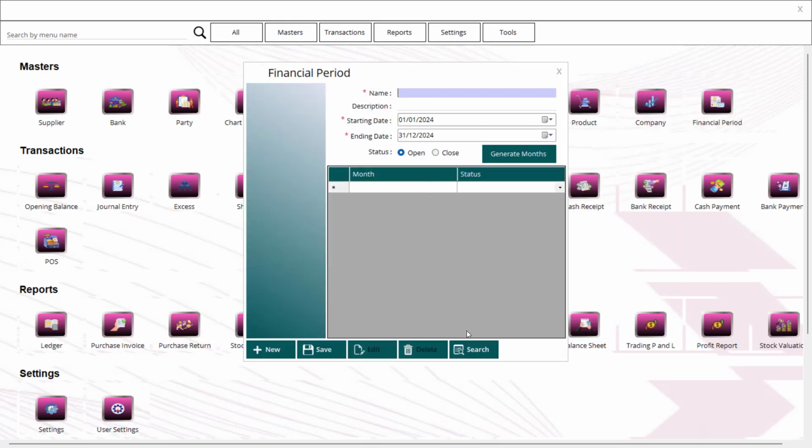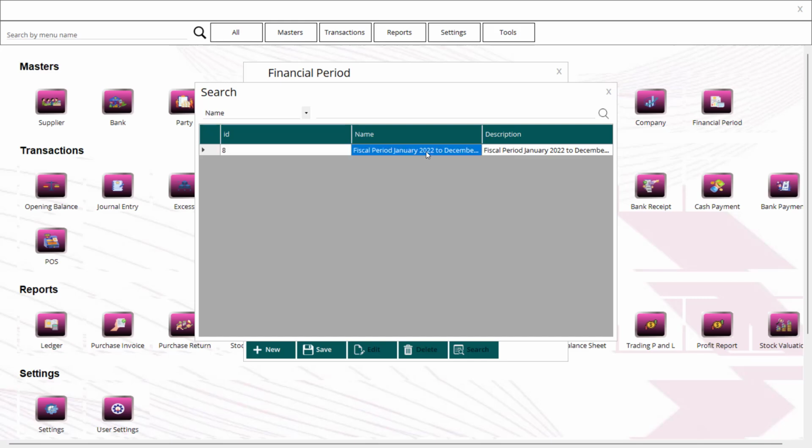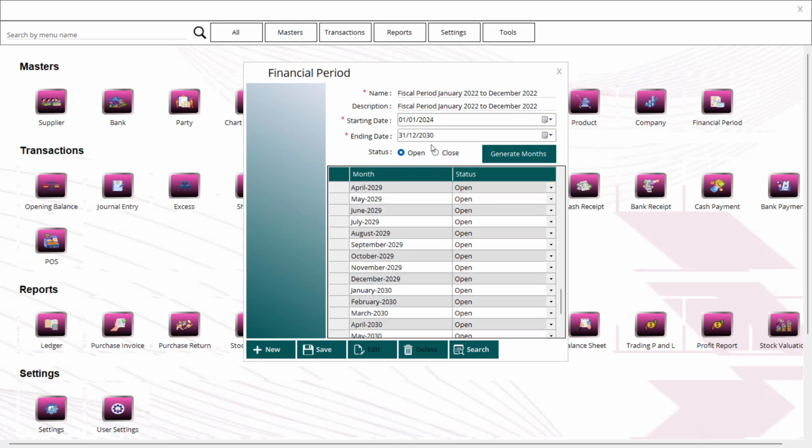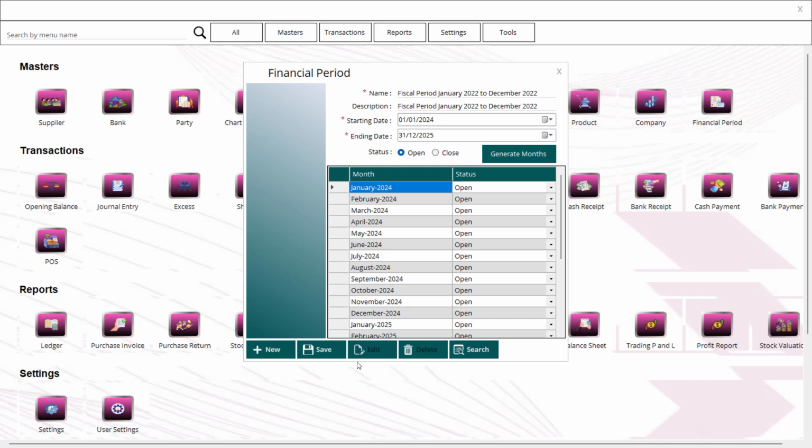Financial period here, you can search for the existing financial period. If it is outdated, you can correct it like this, 24, 25. If you want to extend it, no problem. It will generate based on ending date. So in my example, I'm choosing 25. Okay. Or else some of the customers use year wise. So 24 here,